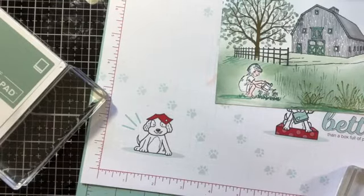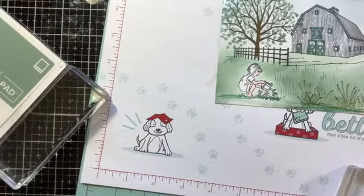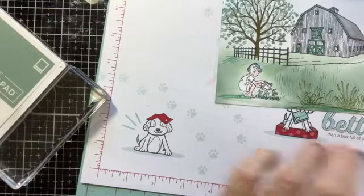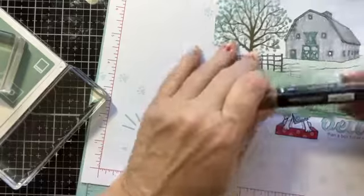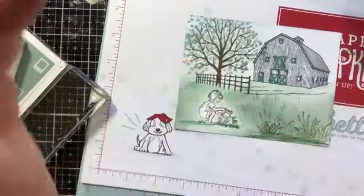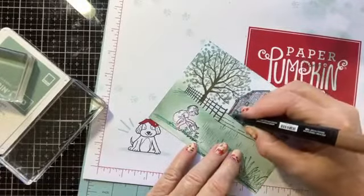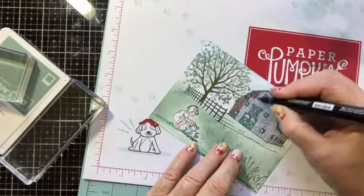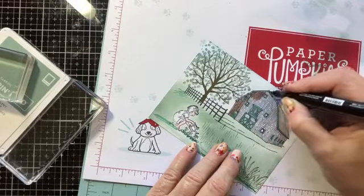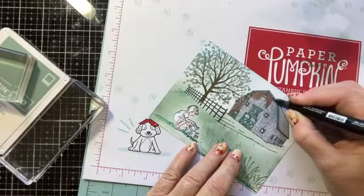This is gonna be a fast one today, and I kind of expected it to be just because it's a big coloring job. The barn isn't, but all the little things that you put around it are. And that being the case, I didn't want you to have to be sitting here forever watching me color. So I thought, well, instead of doing that,